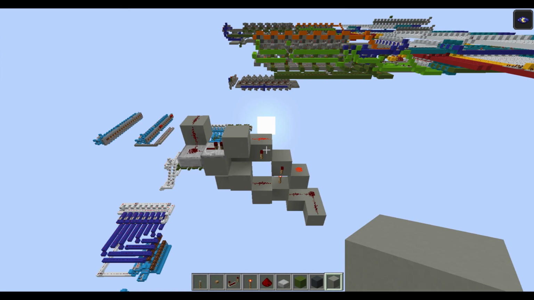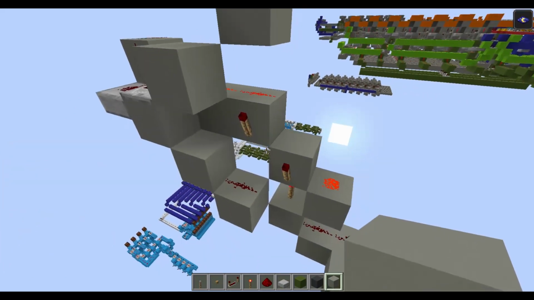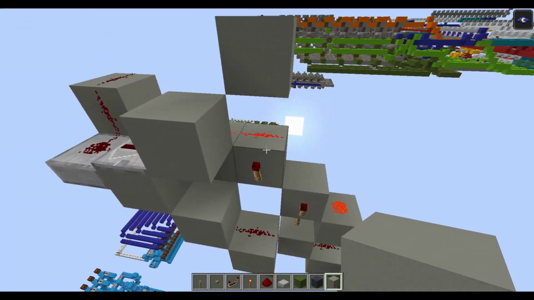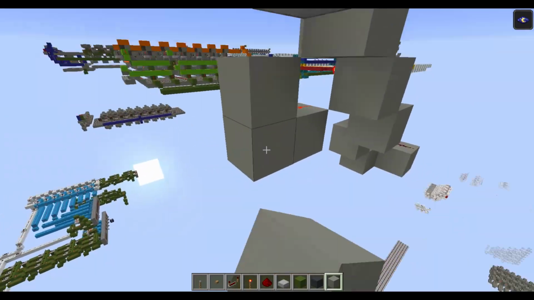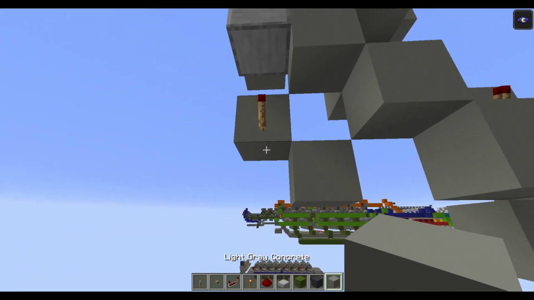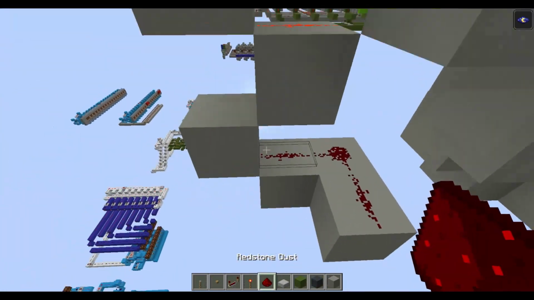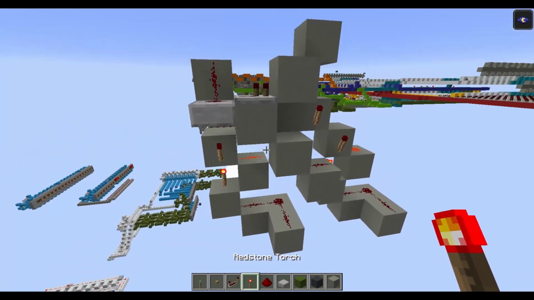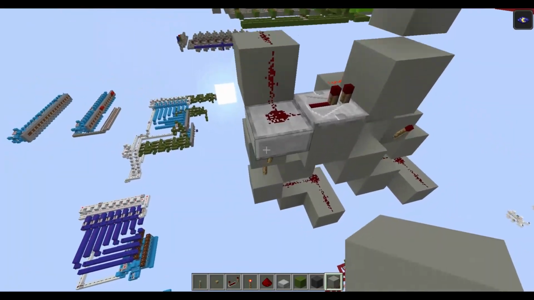Let's build some extra blocks to make this thing stackable. So here, 1 block here. We need also a torch here for the input of the next cell, and the reset line, the lock input of the next cell. I think that's all.